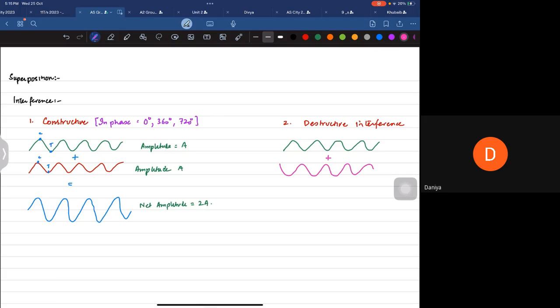So then what happens is, although this one has, in a line, you could say amplitude as A,